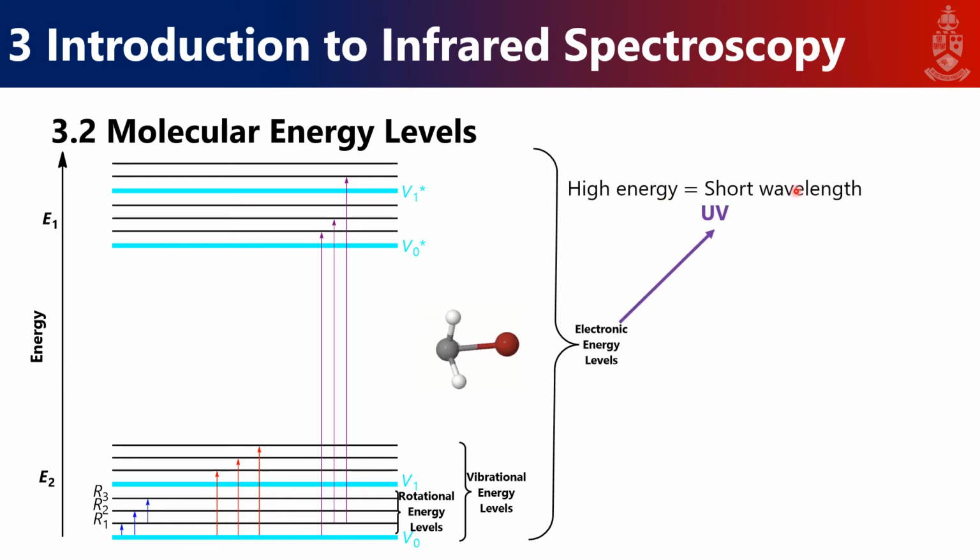I just realized I had something here. So electronic levels is usually UV with high energy. So that causes molecular energy level transitions. But within these molecular energy levels, we have these rotational vibration energy level transitions, which we